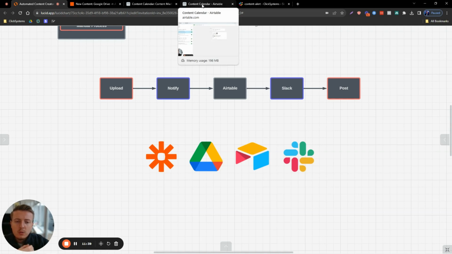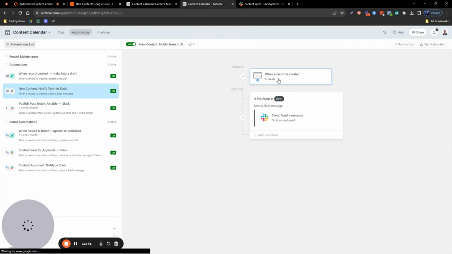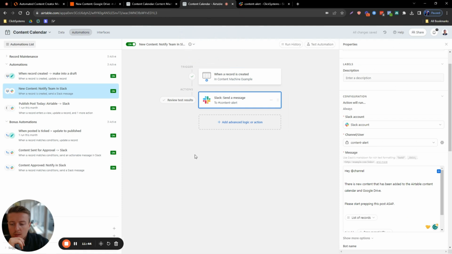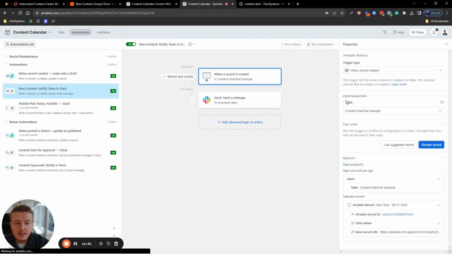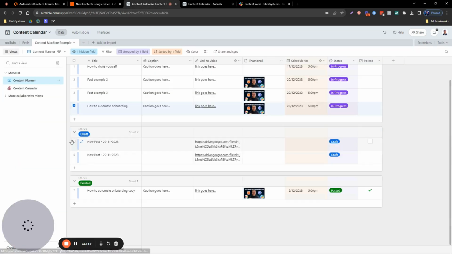Okay, or sorry, this new piece of content has been uploaded. So I just updated this automation to make it even more simple. This first one is when a record is created in the base. For this example, it's the content machine example. That means that when a record is created in here, for example, the one that Zapier plugged into here automatically,